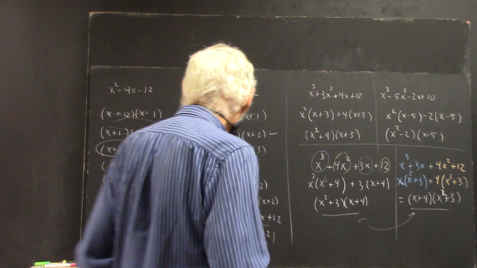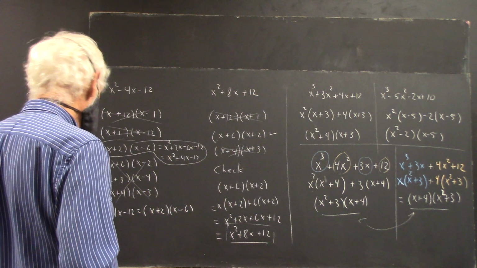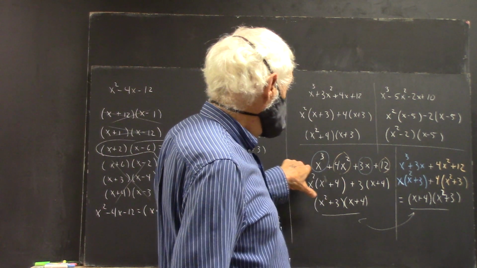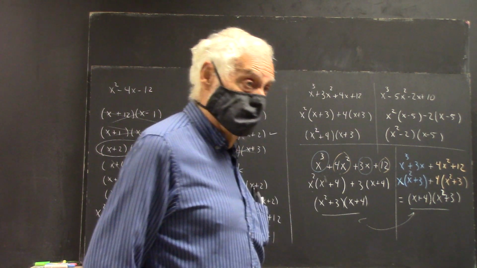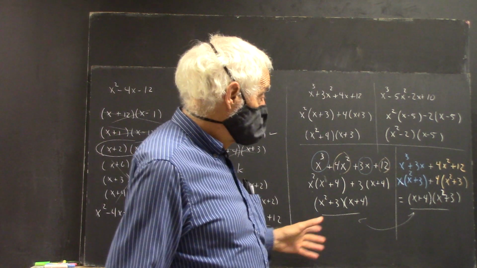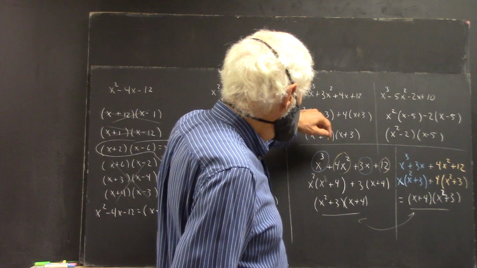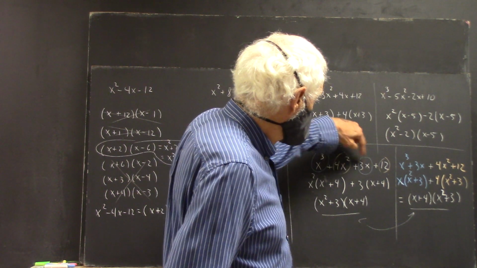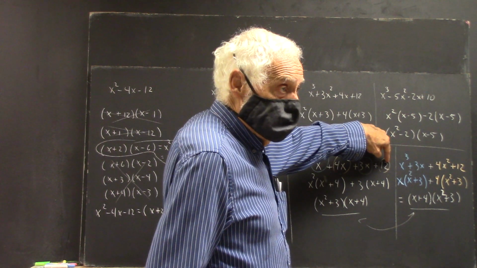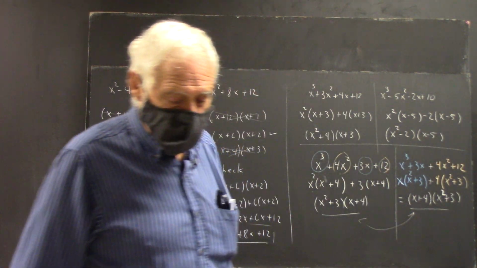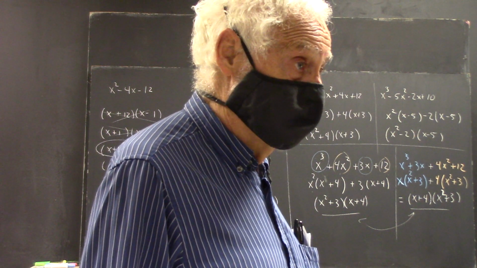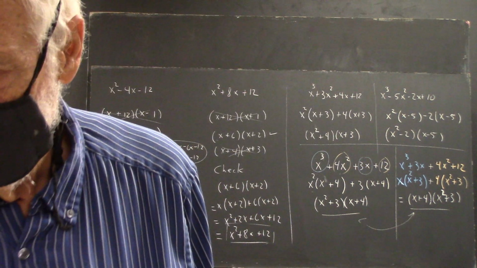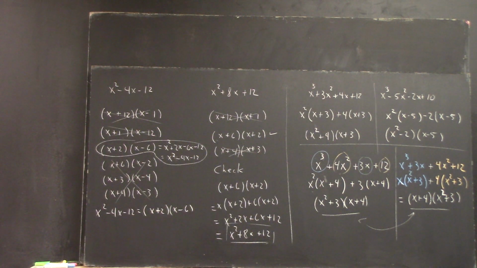If it doesn't matter which way you do it, you might as well always just take the first two, factor out what you can, take the next two, factor out what you can. Okay? But sometimes you might have to do this. So you might have to group this with this and this with this. And then when you get bigger polynomials, it gets even more fun, but we're not going to worry about anything bigger than this. Okay? So make sure you see that,